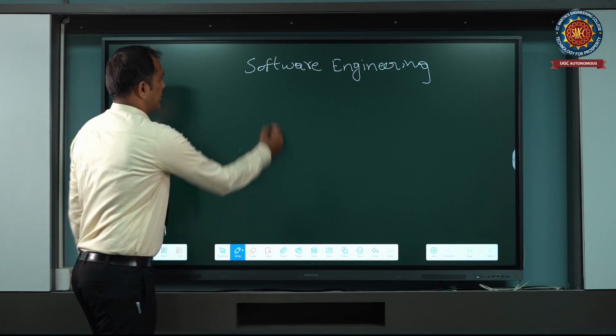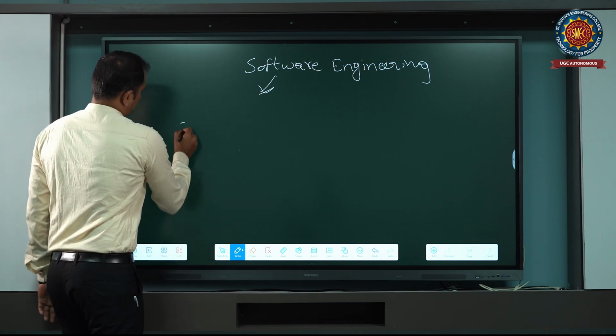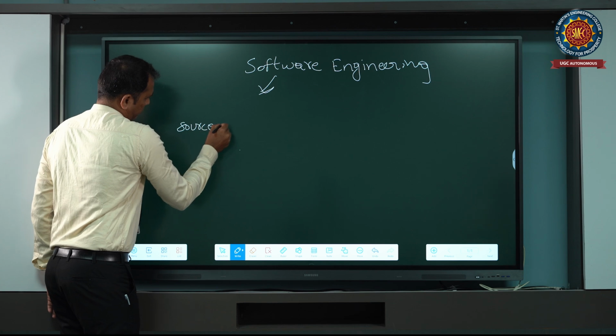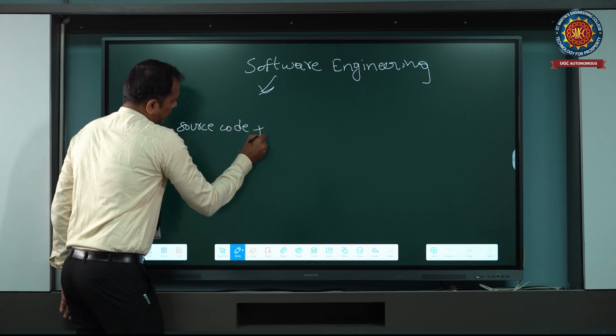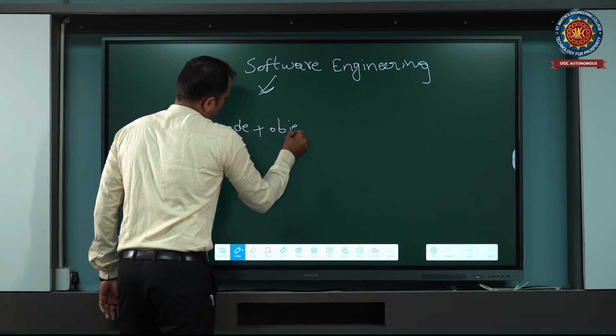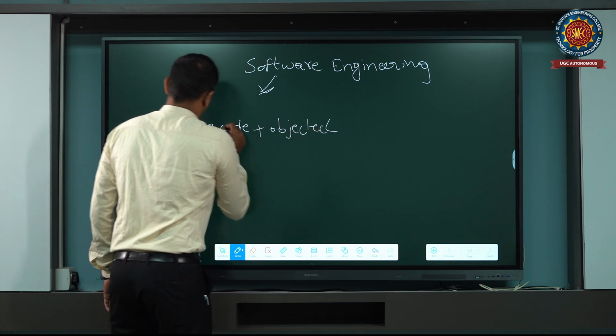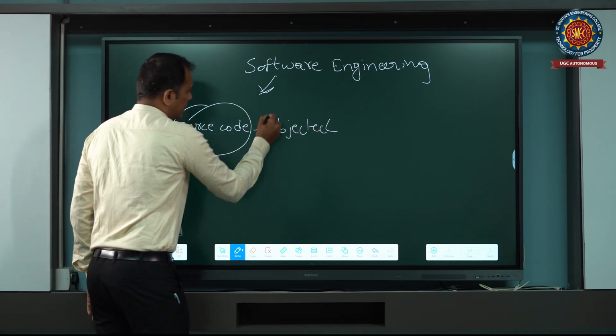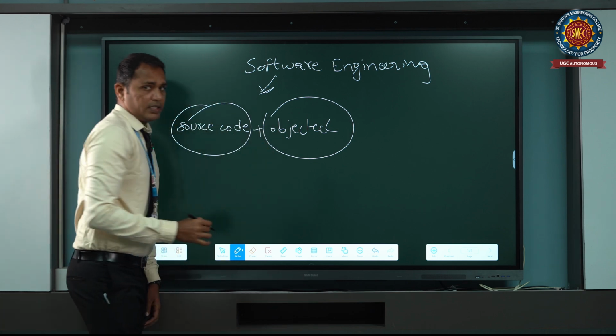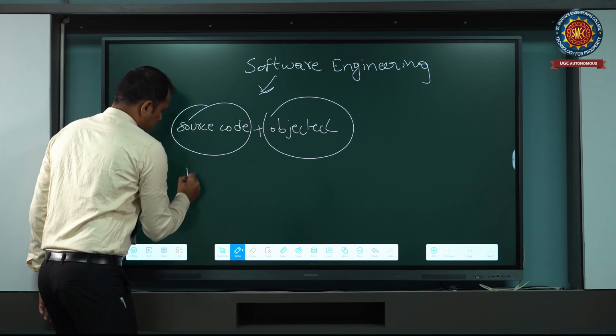Software engineering: here software is a combination of source code plus object code. The combination of source code plus object code is equal to a program.